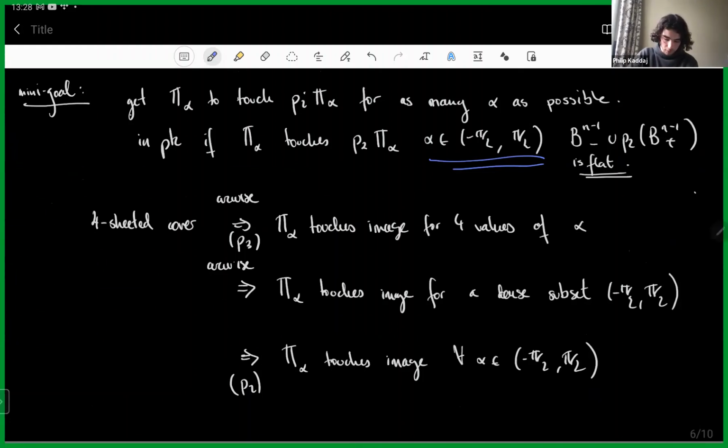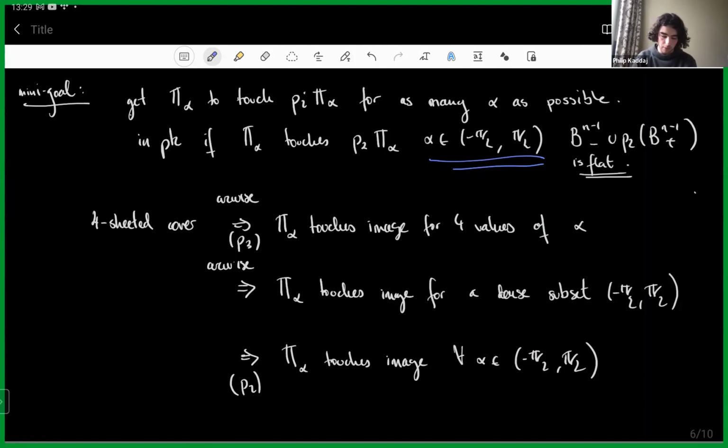And so in effect, what we have is, if I know that my embedding maps pi alpha to something that touches pi alpha in 4 values, I can then construct a countable sequence. I can modify this embedding such that for a countable subset, the image of pi alpha will touch pi alpha. And this is just done successively. If I have 4, I can get a 5th without affecting touching in the previous values. And then if I have a 5th, I can get a 6th without affecting the previous touching values, and so on. And the last observation to note is that if pi alpha touches its image for a dense subset,